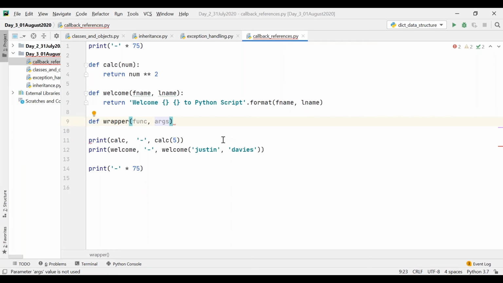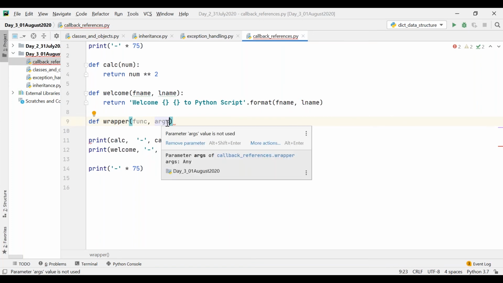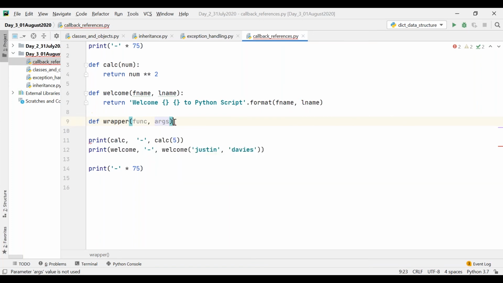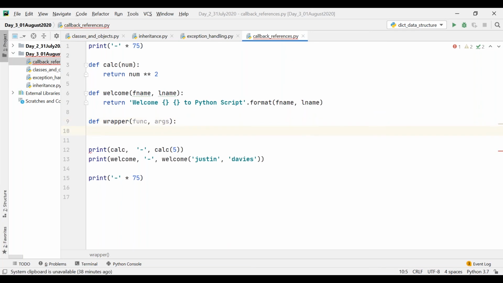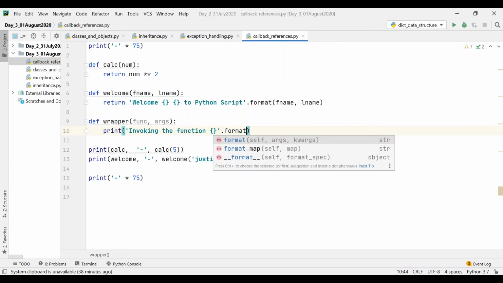And then now I am just writing print invoking the function something, and then I can say format of.